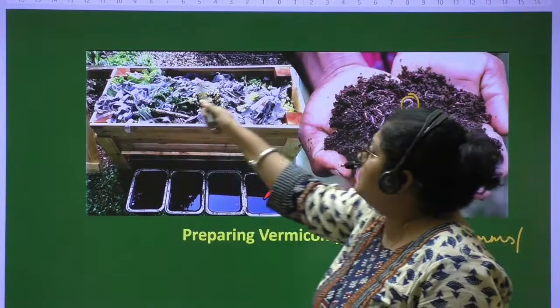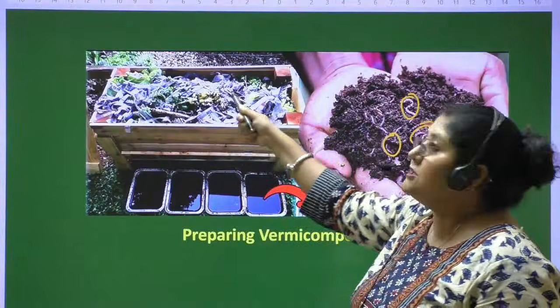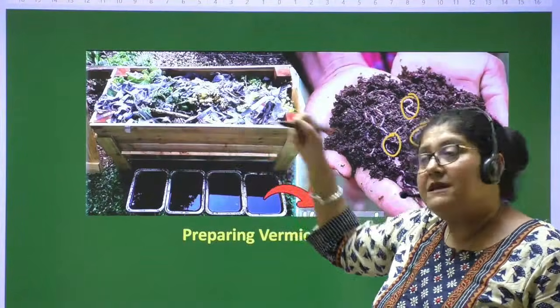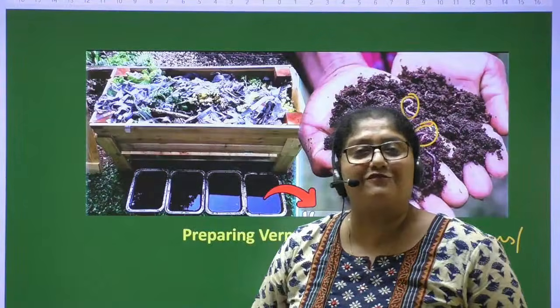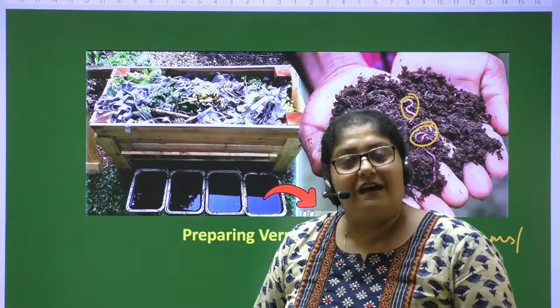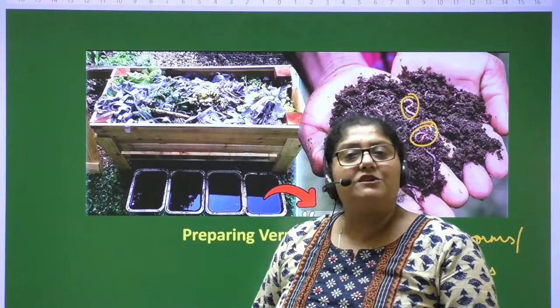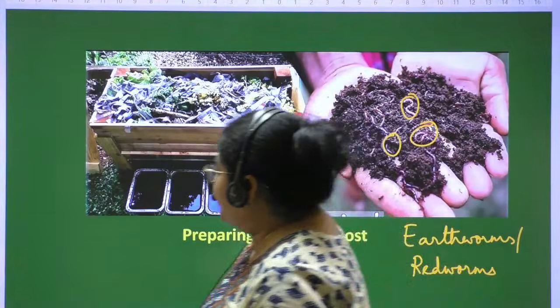You can use the same material as you've used for composting. The only thing is you have to add the earthworms over here. The job of the earthworms is to hasten the process of composting. It makes the process of composting faster. That is the reason why we add earthworms to the pit where the compost is made. Okay, now